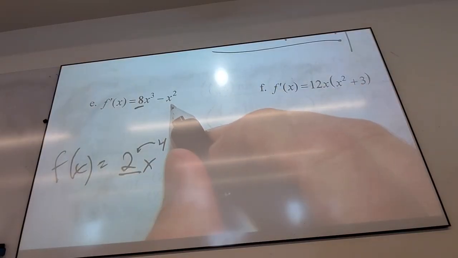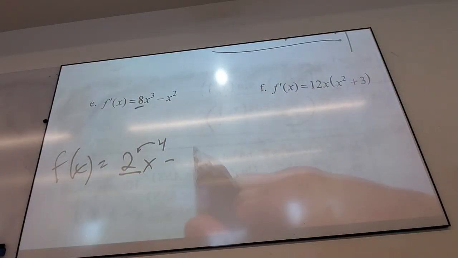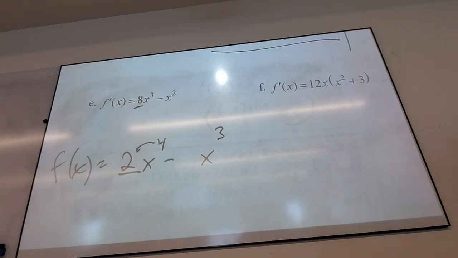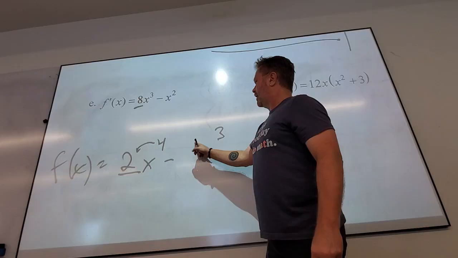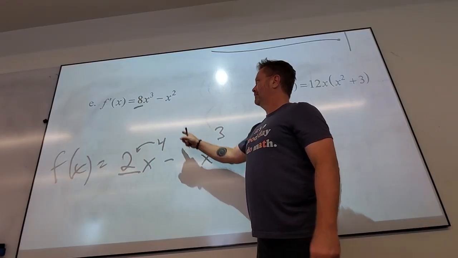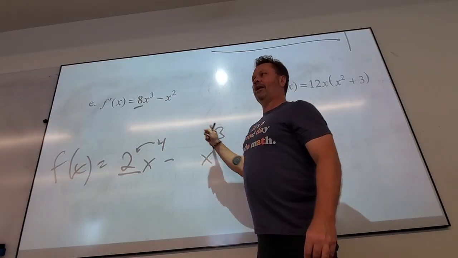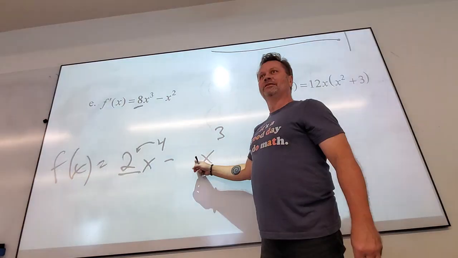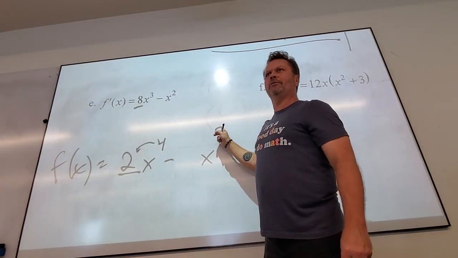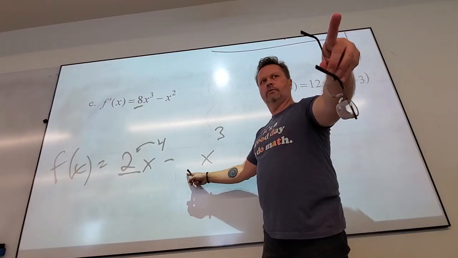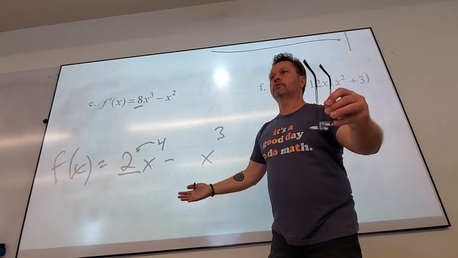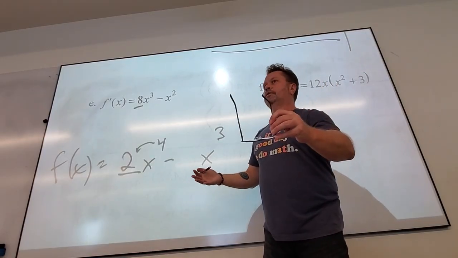This one's a little bit trickier. I'm going to leave some room for something. X to the... I know it had to come from x cubed. There's no other way it could have been an x squared at the end, yes? When the 3 comes down, what do I actually want to have happen? Right. I want it to die. 1/3. Kill him. So what must have been here? 1/3. Do you guys see that?